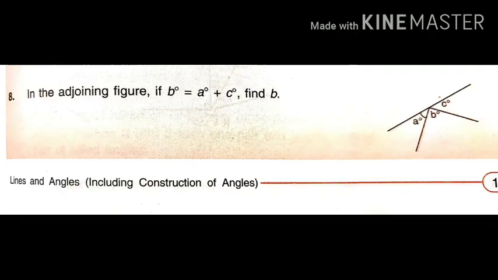Check what is important here. Angle B is given A plus C. Okay, one angle is equal to the sum of rest two angles. Figure is clear. Straight line is there. You can check straight line. Three angles are made, A, B and C. What is the process? All three we will plus. Let us see in solution how to solve.